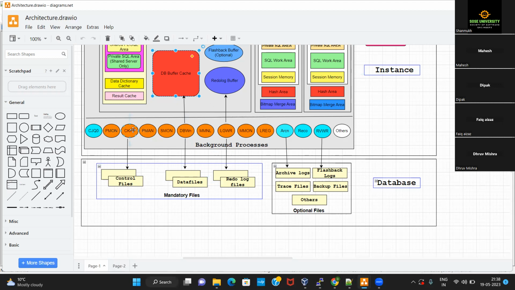If the checkpoint background process is getting activated after every 3 seconds and keeps sending a signal to the DBWR background process after every 3 seconds, that means the DBWR process is almost active all the time in the database. So the event that you mentioned, when you start the backup of the database, right?